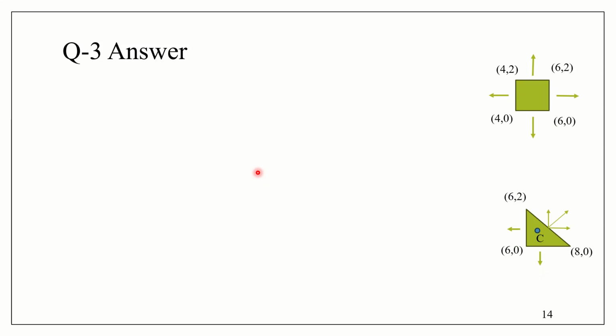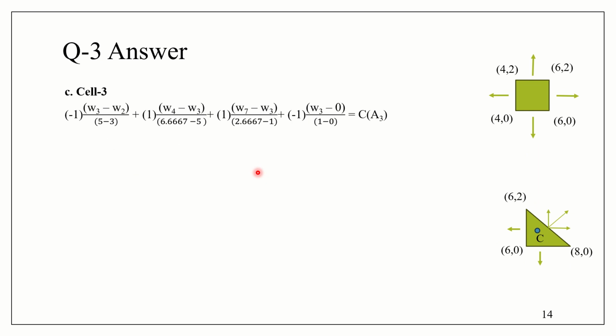Similarly, we are going with the third cell as well, and the equation is similar: it would be minus 1, which is W3 minus W2 divided by 5 minus 3, and in the x-axis we would have W4 minus W3 divided by the centroid of this triangle, 6.6667, minus 5. We have calculated the centroid previously, so we are calculating from the midpoint of the adjacent cell to this particular cell. So 6.6667 minus 5, and at the top we have